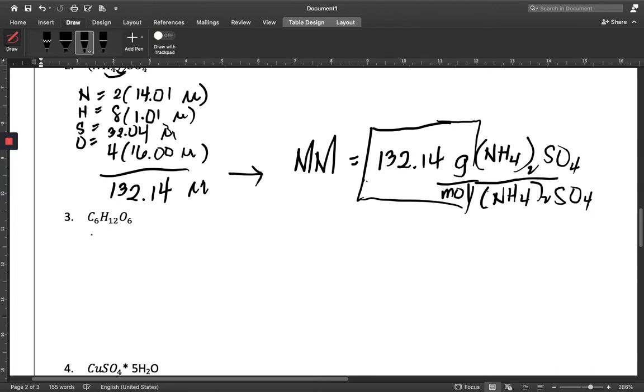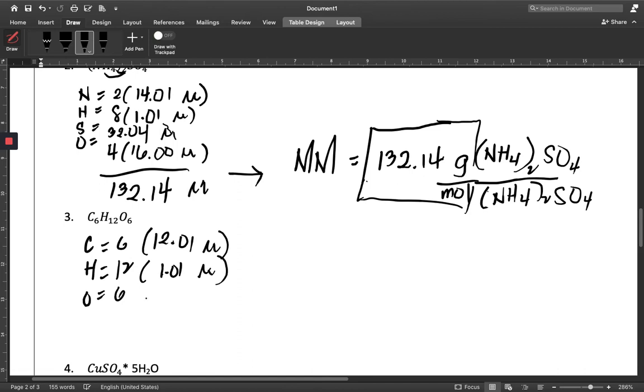So, again, we account for all the number of atoms as well as their masses. So I have carbon, hydrogen, and oxygen. This means in the formula, we have 6 atoms of carbon, 12 atoms of hydrogen, and 6 atoms of oxygen. The atomic mass for carbon is 12.01 mu, and for hydrogen we have 1.01 mu, and then for oxygen we have